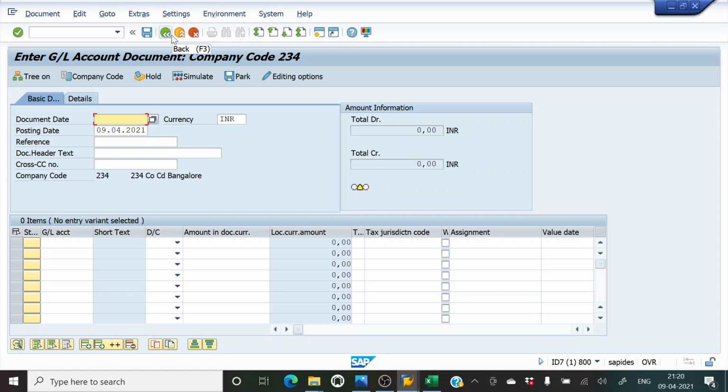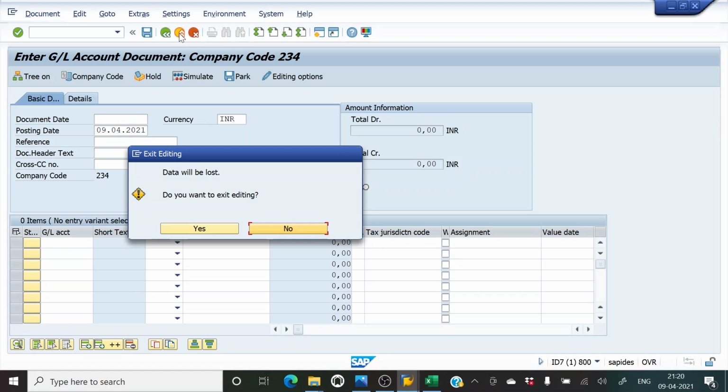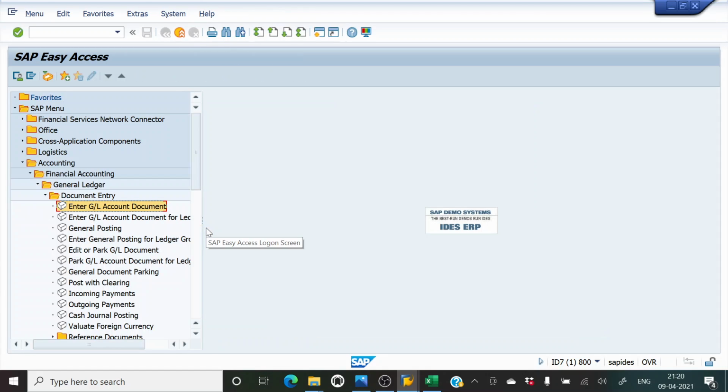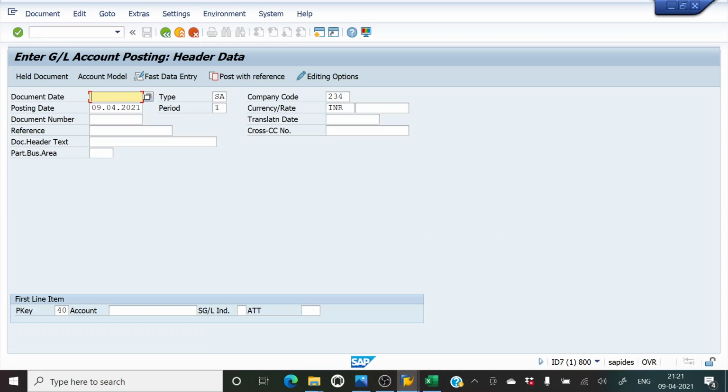we have to go out of this and then we will come to general posting. So this is another layout of entering the SA document, and the T code for that would be F-02, right?